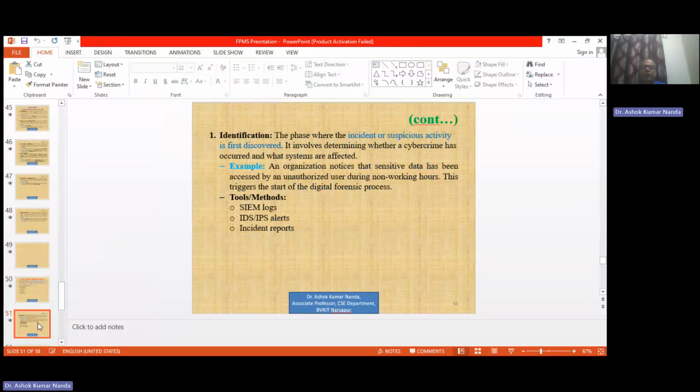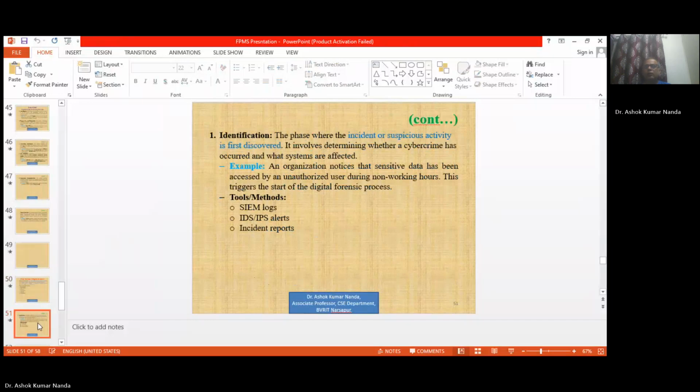Basically, it involves determining whether a cyber crime has occurred and what systems are affected, how many systems are affected, and how they are affected. That process is called the identification. Take the example, an organization notices that sensitive data has been accessed by an unauthorized user during the non-working hours. For example,